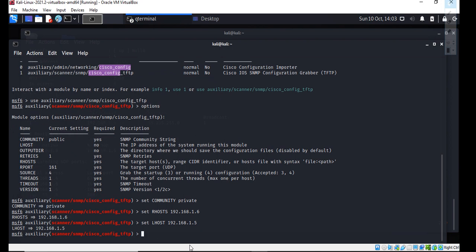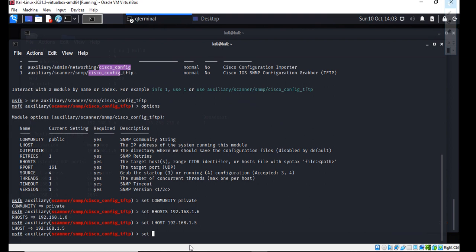and we also need to store the output of the SNMP management information, the configuration information. So we need to save the output file in the output directory. So let's set the output directory path here.